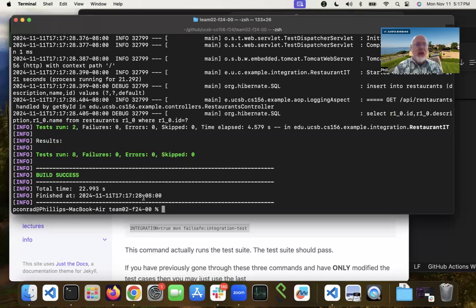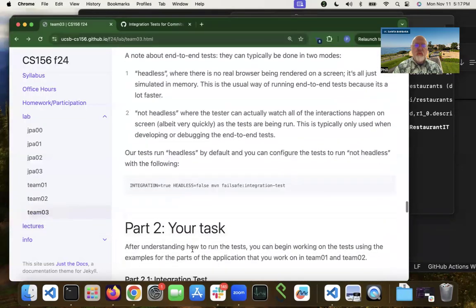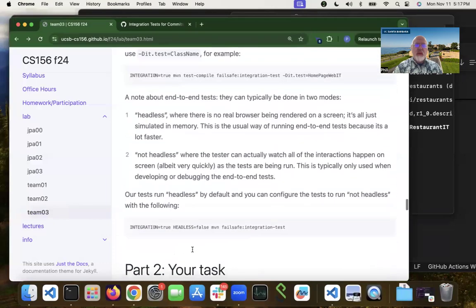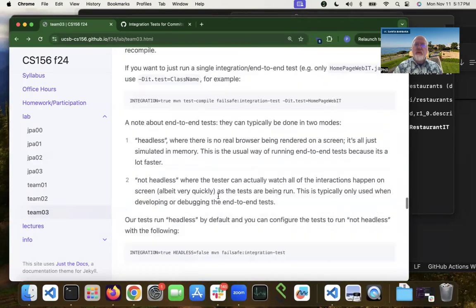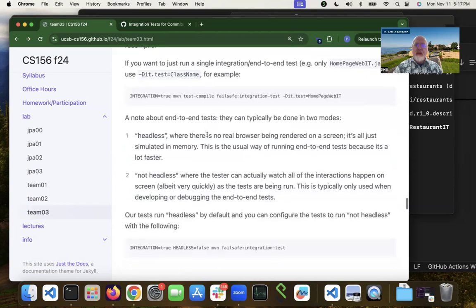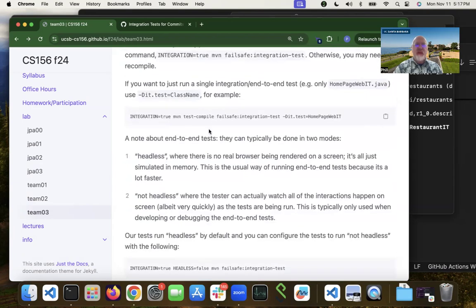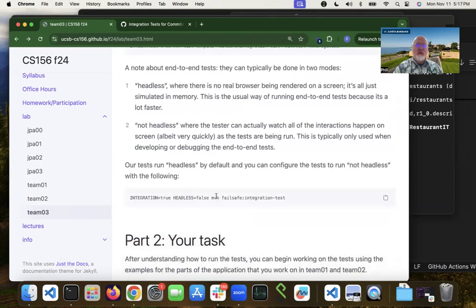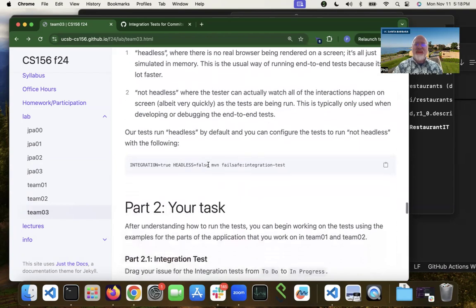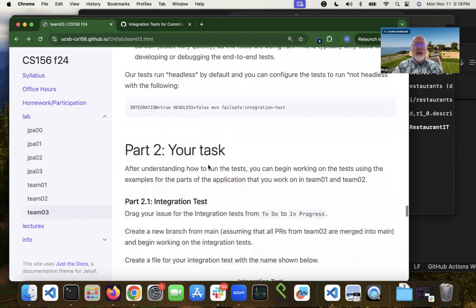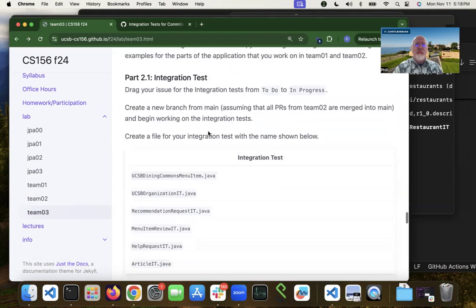All right, so we've run all the tests, 8 tests run here, and it looks like they all passed. There are a few more commands in here that show you how to run one test at a time, and also headless equals false to run the test and actually see it in the browser. It goes by real fast, so you might miss it if you blink. But we're going to skip over those for now and just jump on down to